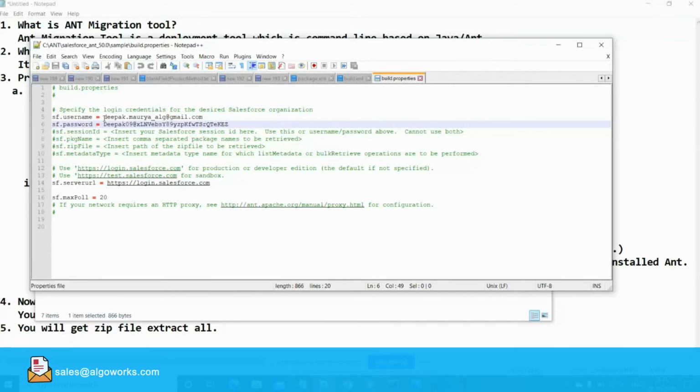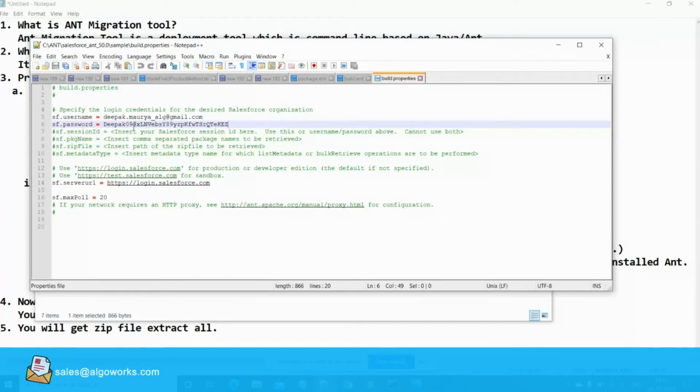Here you can specify a username for the Salesforce org from which you want to retrieve the data. So I have specified this username and the password. The password field consists of your password, and first specify your password and without space specify the token which you will get from resetting the token in your My Settings.